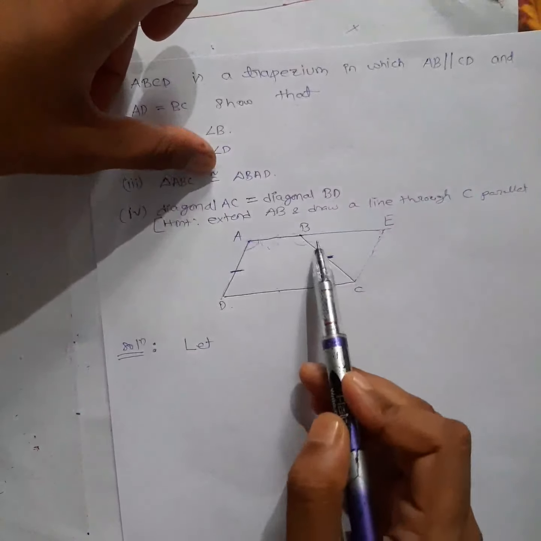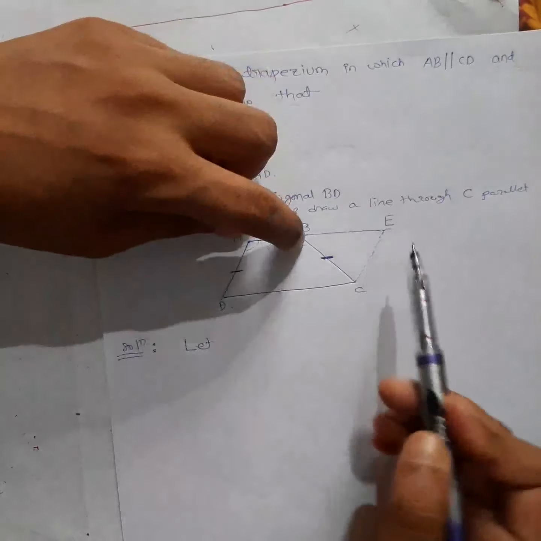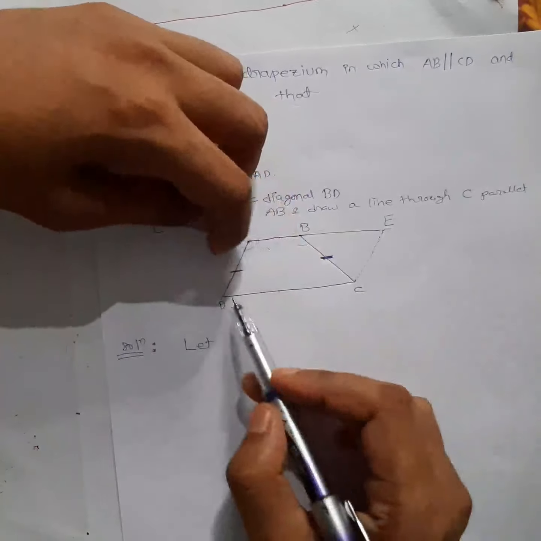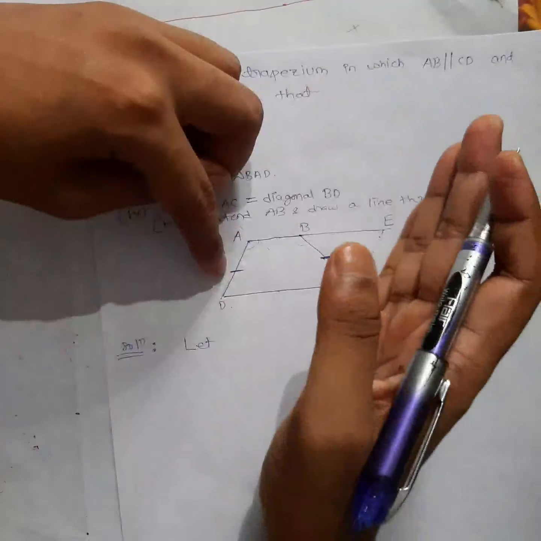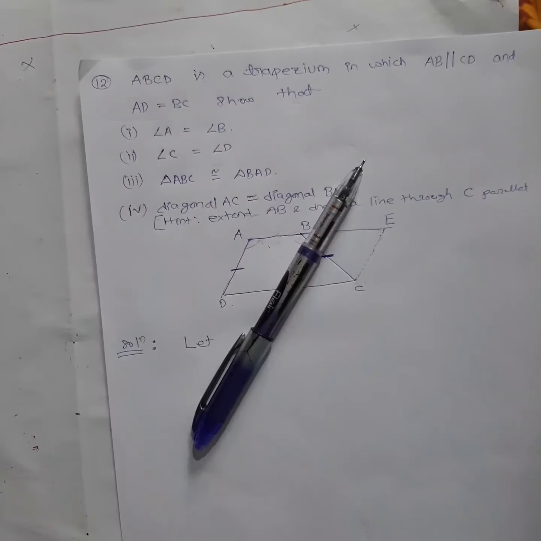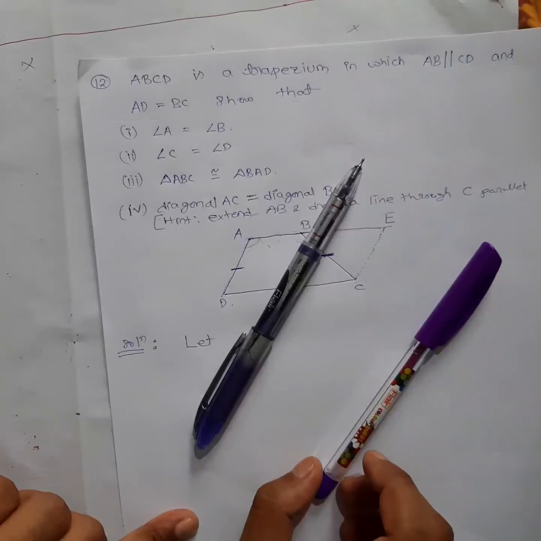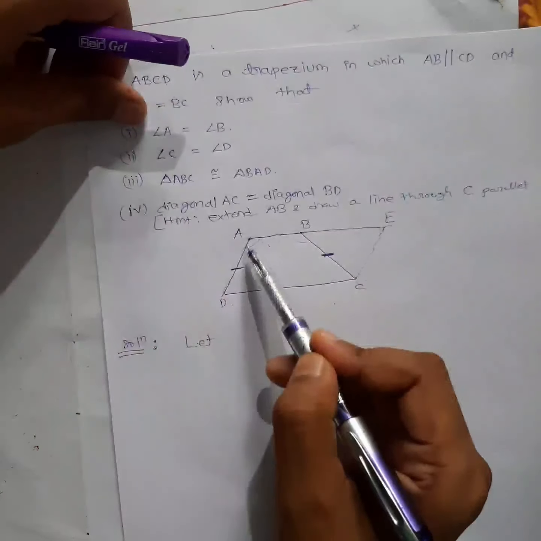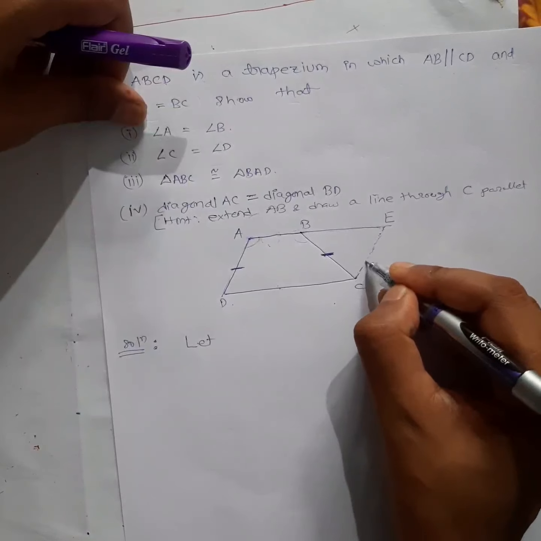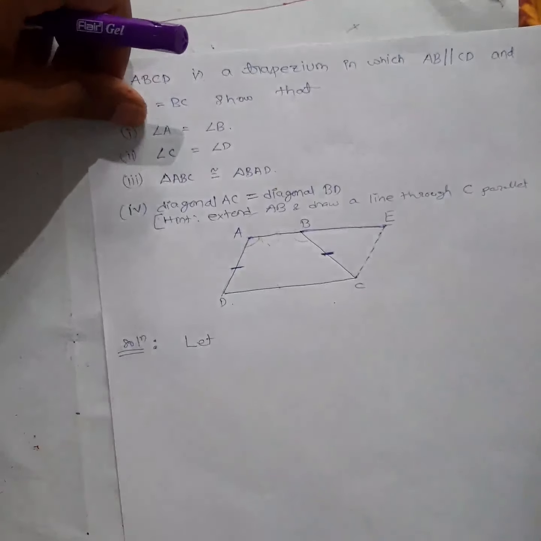So this construction, how will it help? See here, we produce this AB till E. DAD is a line, right? Can I construct a line here from this point such that it will be parallel? Obviously yes. If I put this pen like this, can you put a pen which will be parallel to this one? Obviously yes. You will measure this side and this side and put at these two points properly, so this will become parallel. So I can always construct like that, right? So parallel to this AD I can construct here. So we will construct parallel line CE, okay, and we'll join to this E.